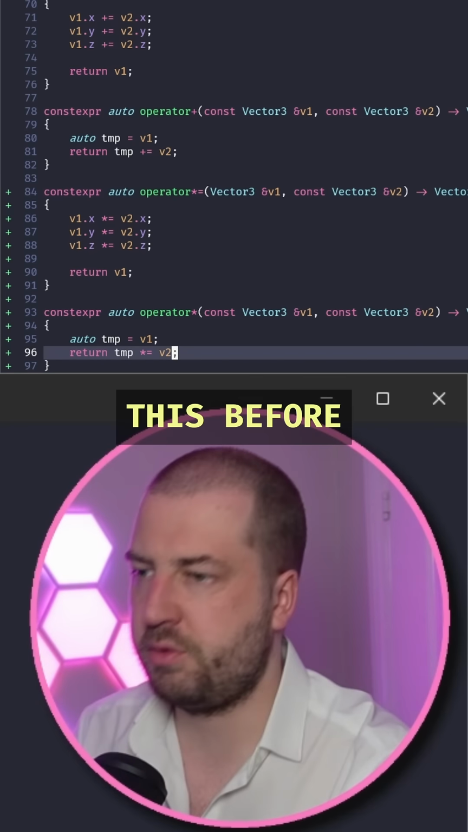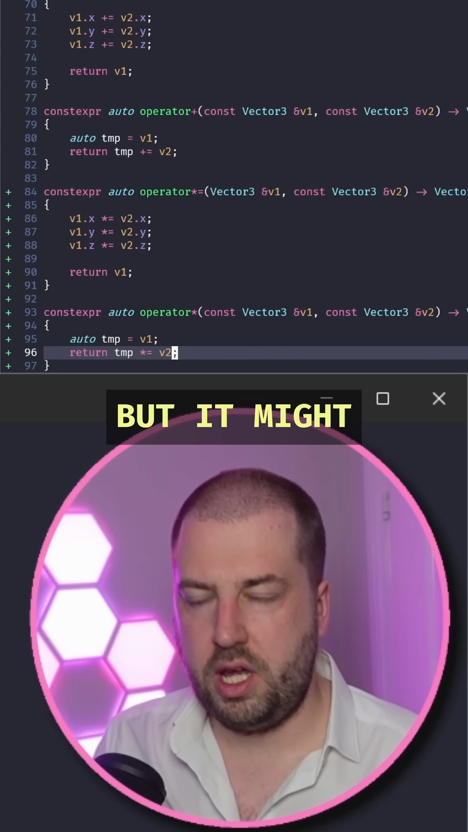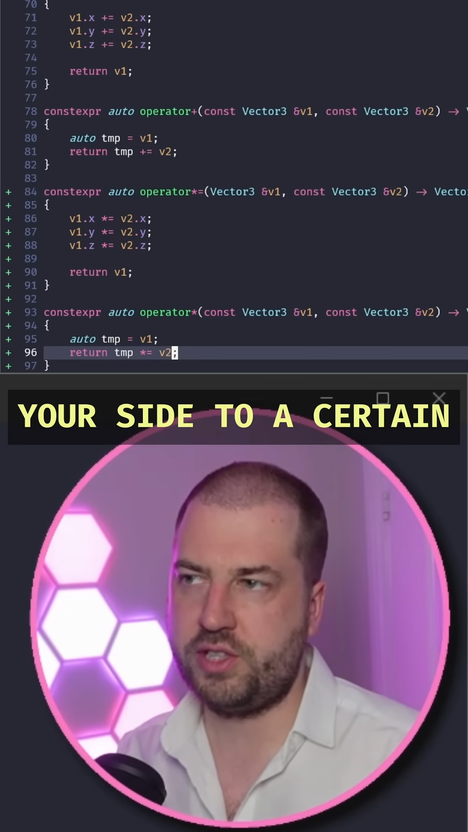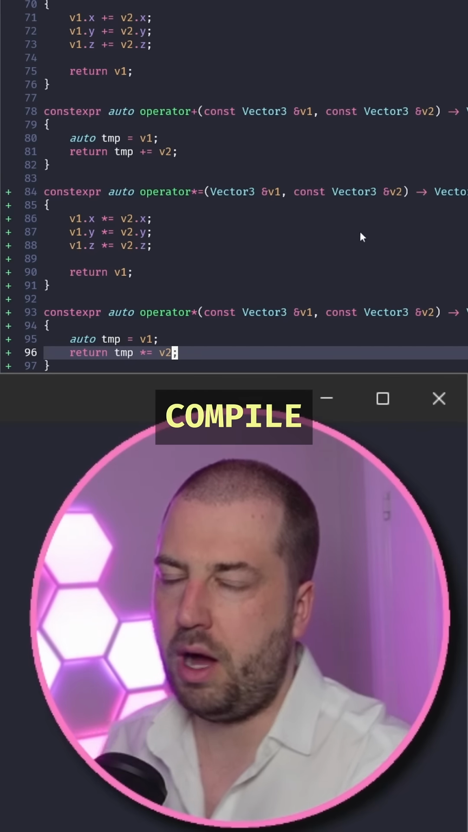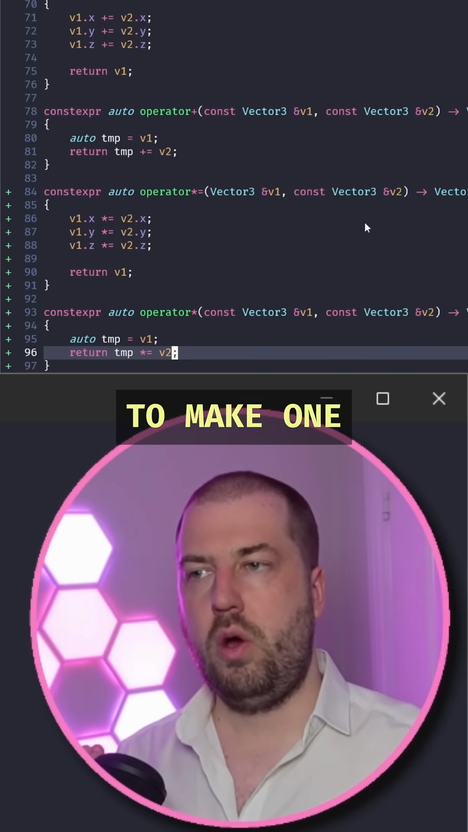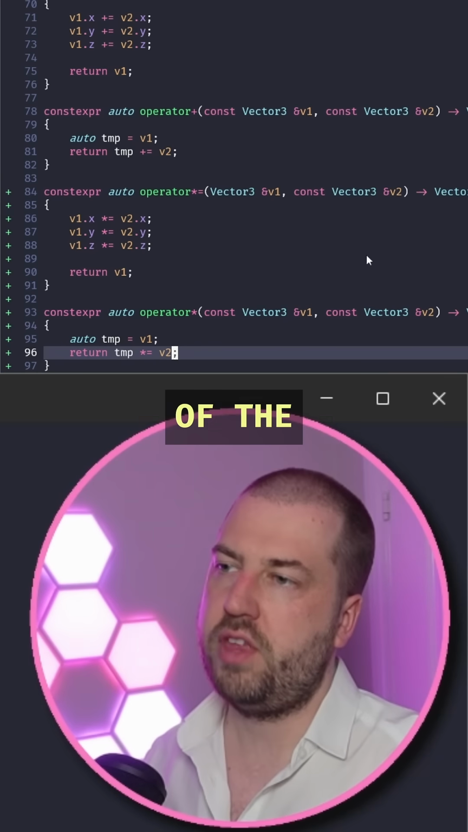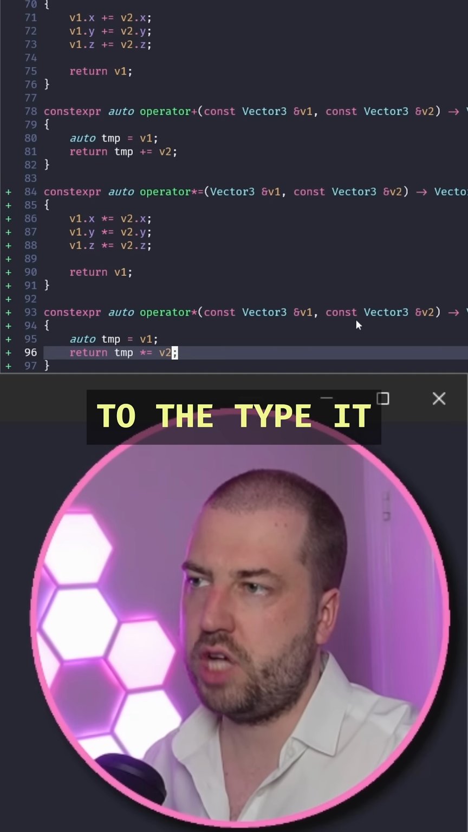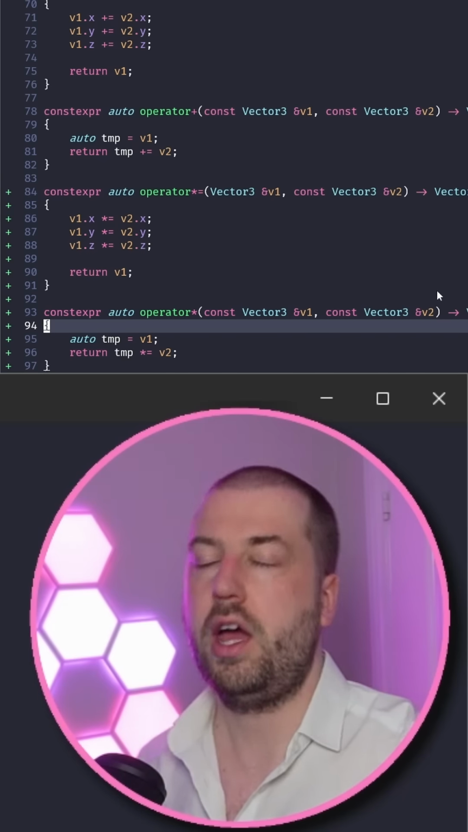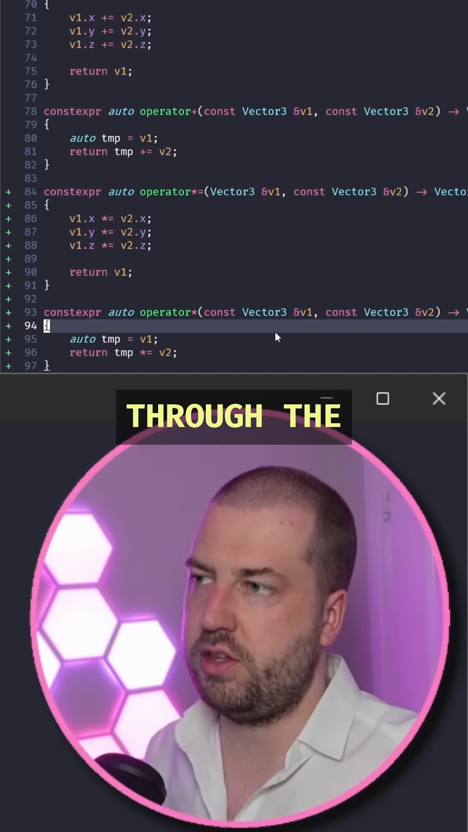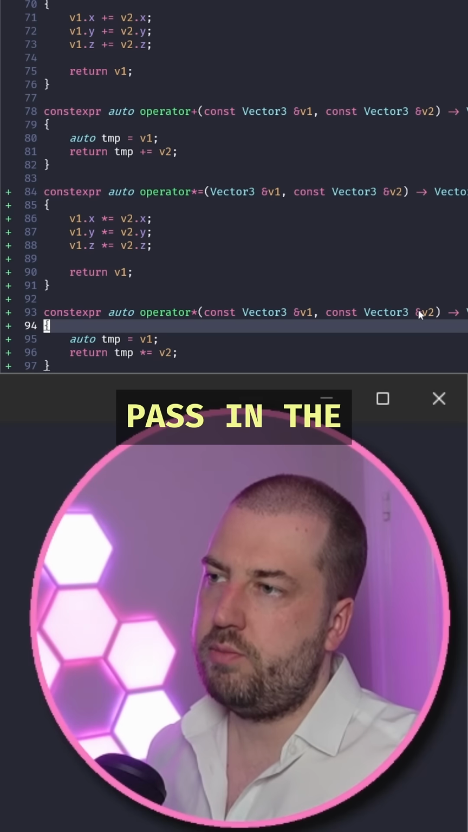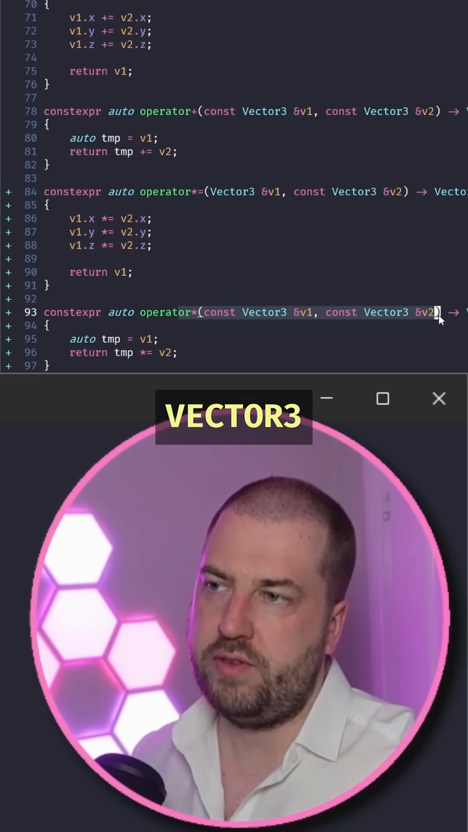Now, I kind of said this before, but it might not seem like it, but C++ is on your side to a certain extent. Like, it does actually want your code to compile, and within the rules of the language, it is allowed to make one cast from all of the arguments you give it to the type it expects. So what that basically means is that every time you call this function, somewhat magically through the overloaded multiply operator, every type you pass in, the compiler will go, okay, I know how to multiply two vector 3s,